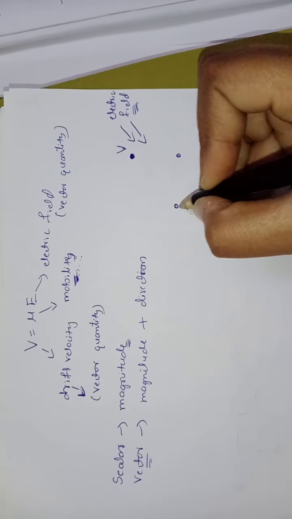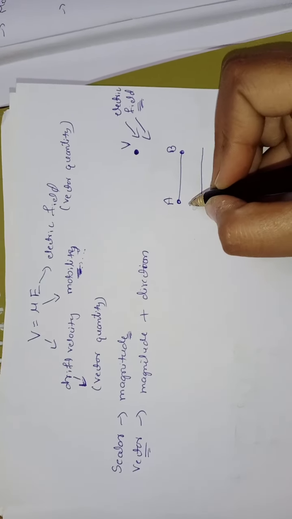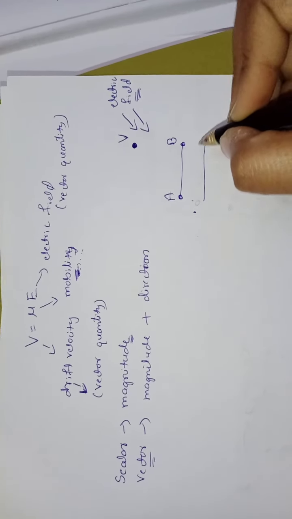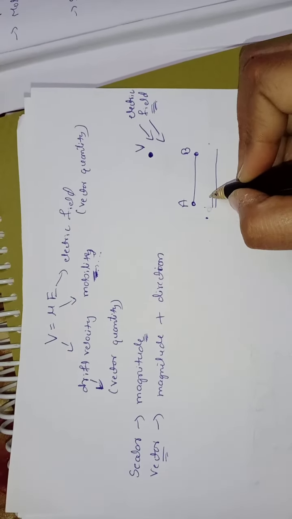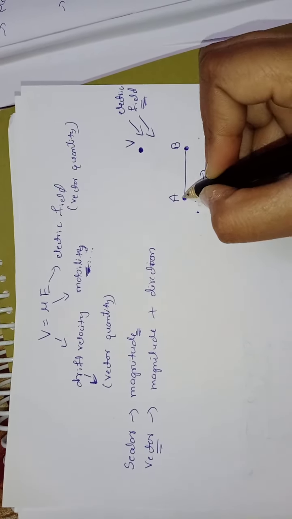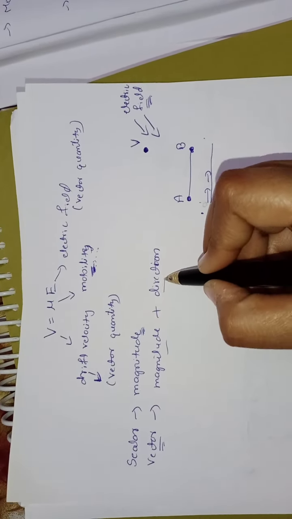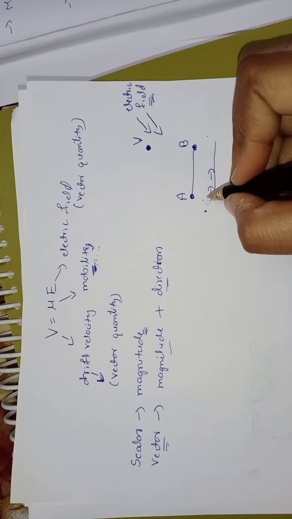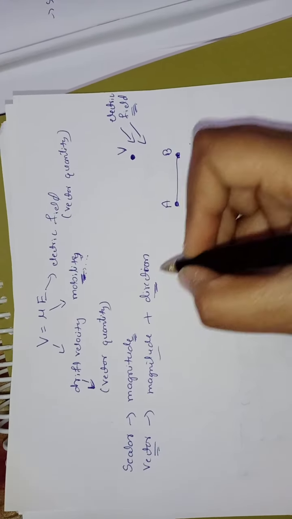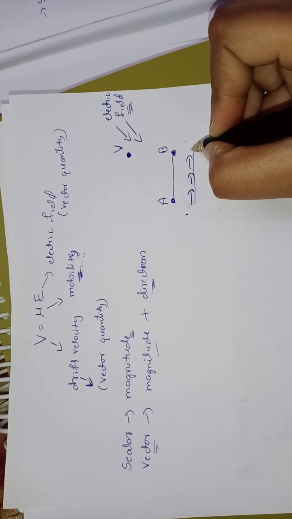So here, drift velocity, if we consider point A and point B, means how quickly a charged particle moves from point A to point B. That is only in a particular direction. It has to move from point A to point B only. This is the vector quantity. We need to consider both the magnitude and the direction. Magnitude means how much time it will take, how fast it moves from point A to point B. Direction means we need to take the speed of the electron only in this direction.